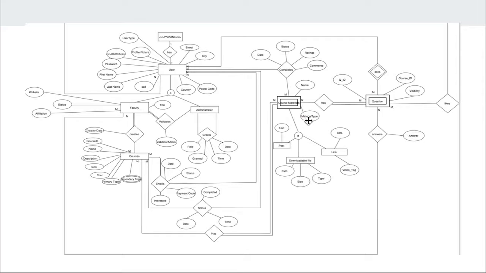Now let's see the normalized design, which